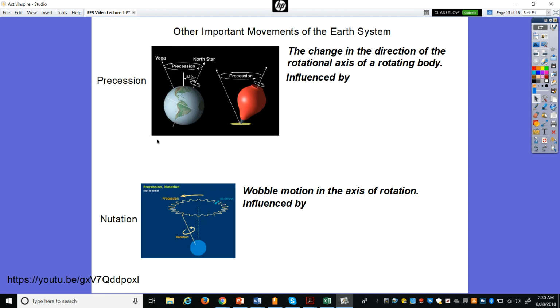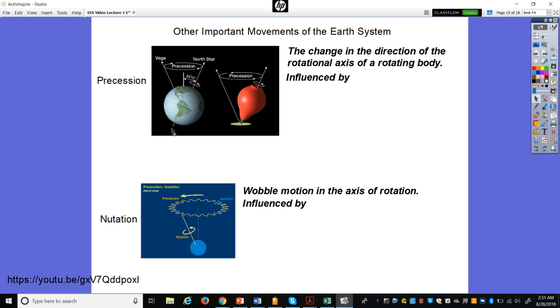All right, these next two words we have, precession and nutation, are probably the most complicated thing you'll need to try and understand. And we'll look at this in class as well with some models, but let me try and explain it. These are movements of the Earth as it moves through space. And this one called precession is the change in the direction of the rotational axis of a rotating body.